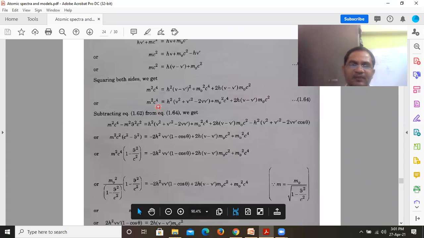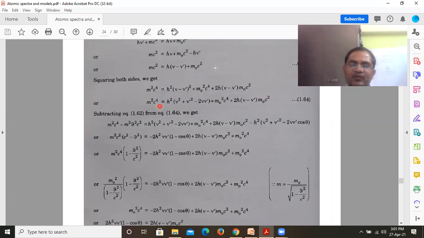Now m²c⁴ and, from the previous equation, not this one, m²c⁴ − m²v²c² equal to, here the total term written: h²(ν² + ν′² − 2νν′) + m₀²c⁴ + 2h(ν − ν′)m₀c², minus, on the right hand side we have h²(ν² + ν′² − 2νν′cosθ). Okay, sir. In these two terms m²c² is taken common. Then (c² − v²) written back in bracket. Right hand side,